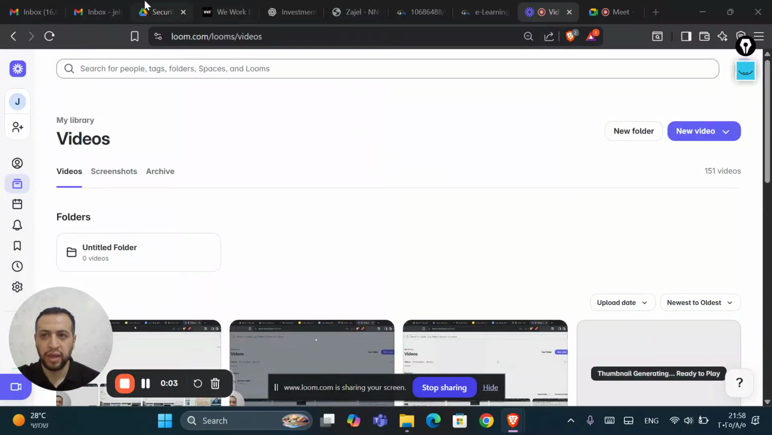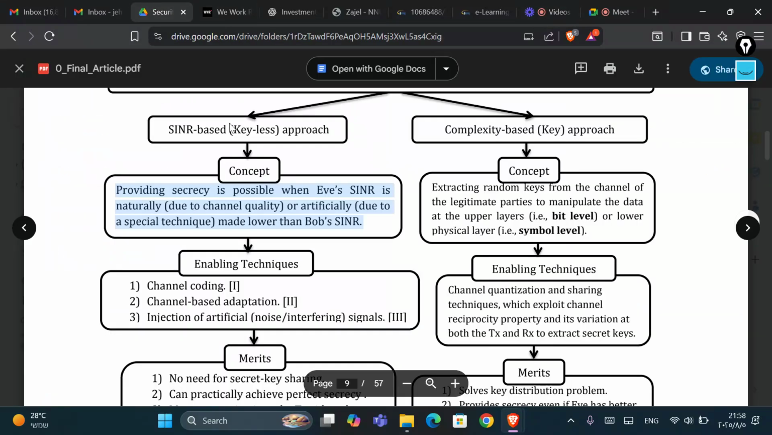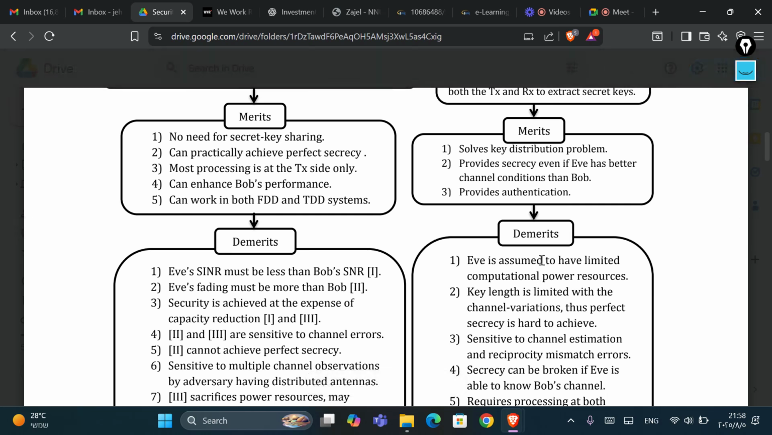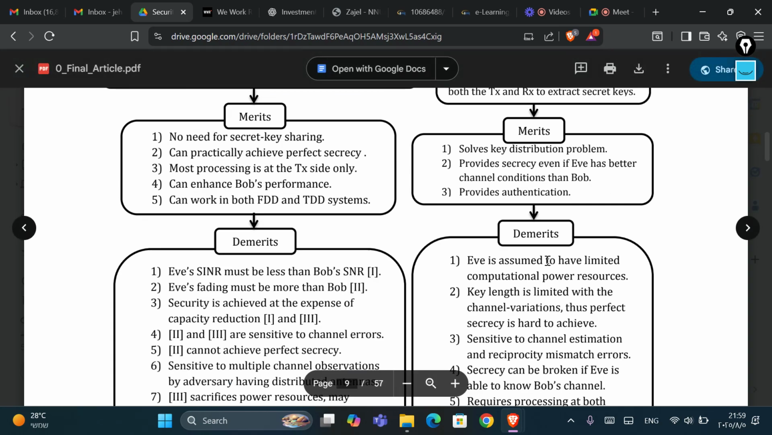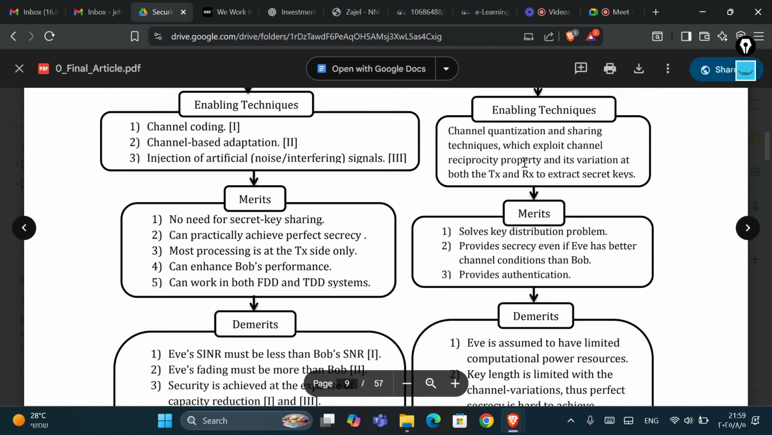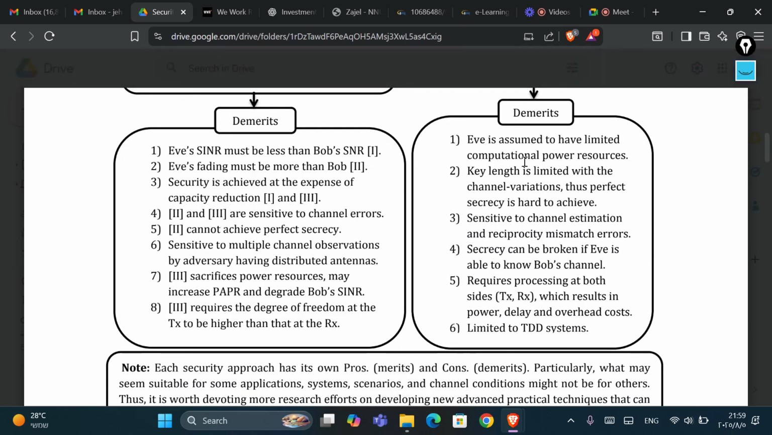So, welcome back everyone to the second part of the lecture. In this part, we will continue from where we stopped in the first part. We will continue with the demerits of the complexity-based key approach. We will explain them one by one,